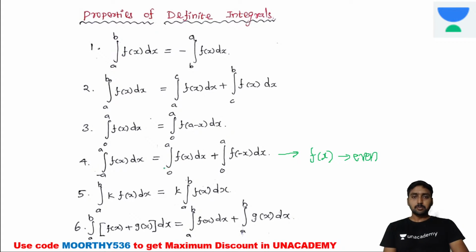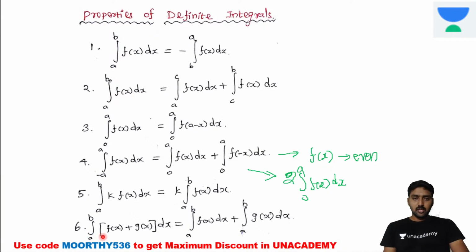By applying the limits, integral of 0 to a, f of x dx, plus 0 to a, f of minus x dx. The same equation we can write, it's 2 into integral of 0 to a, f of x dx. So this is the condition. And then the fifth integral property. So coming to the fifth property,